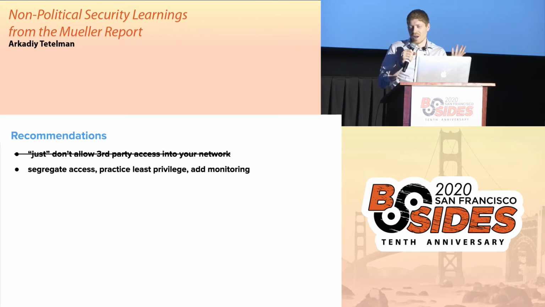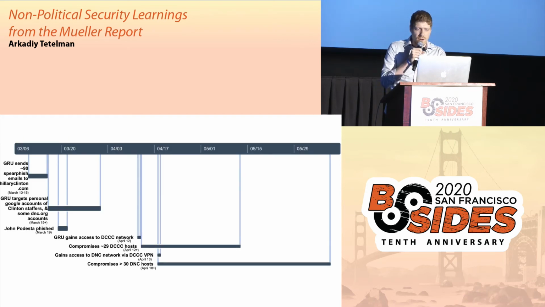And all of these other practices that, again, are basic standard information security practices. Over the following weeks, or more than a month even, they compromised an additional 30 DNC hosts, and then around June 8th is when the compromise was officially removed.